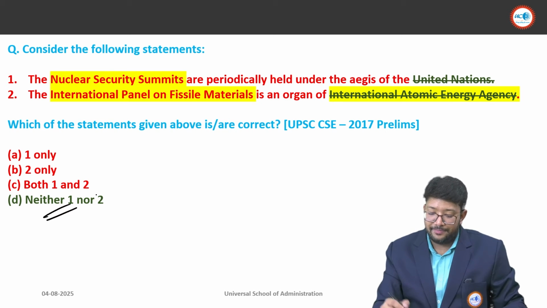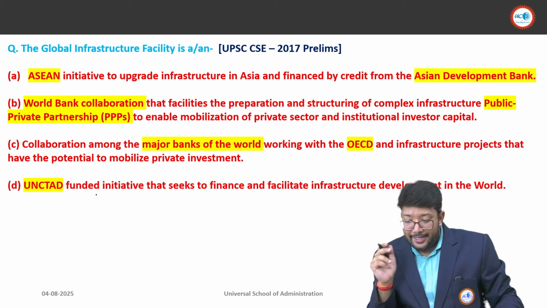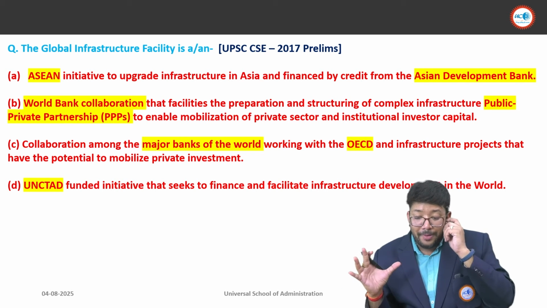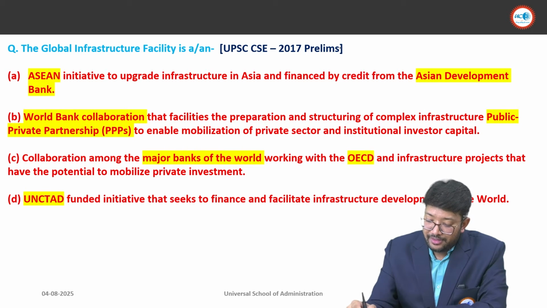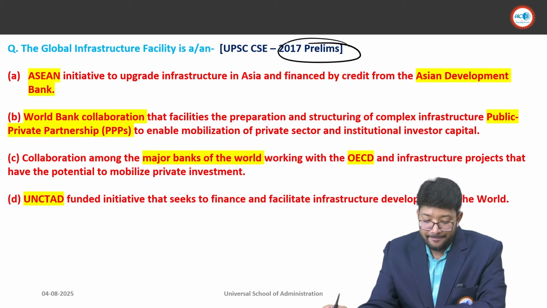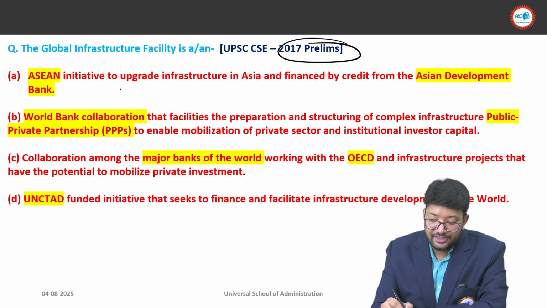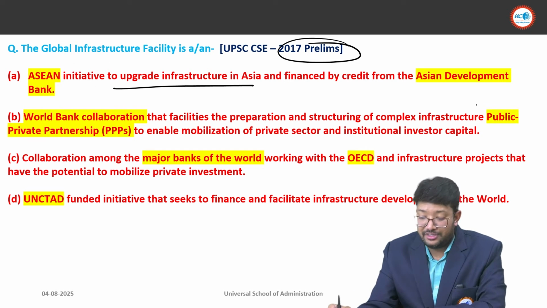Fine, understood this thing. Now, move to the next one. The Global Infrastructure Facility, asked in the UPSC CSE 2017 prelims examination. Option one: it is an ASEAN, Association of Southeast Asian Nations, initiative to upgrade infrastructure in Asia and financed by credit